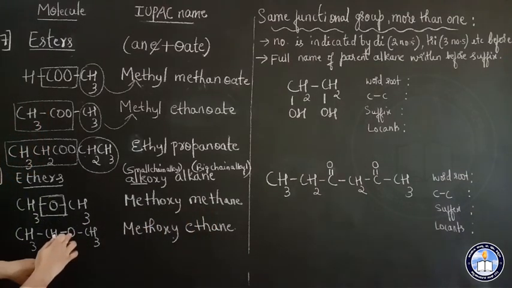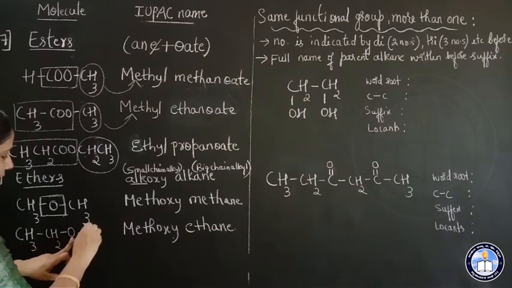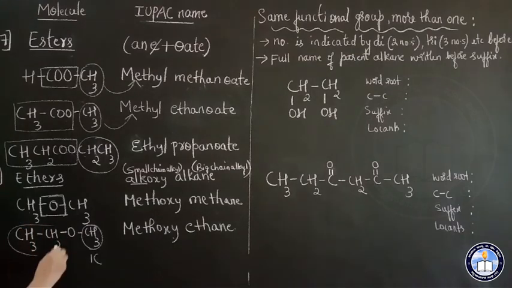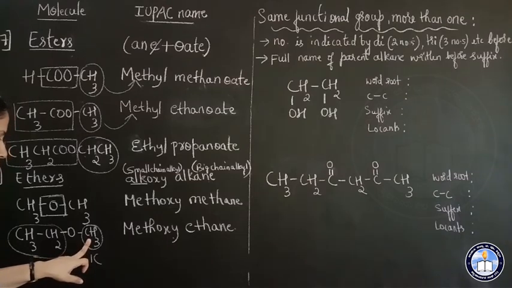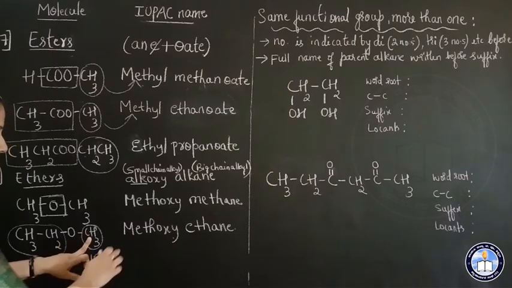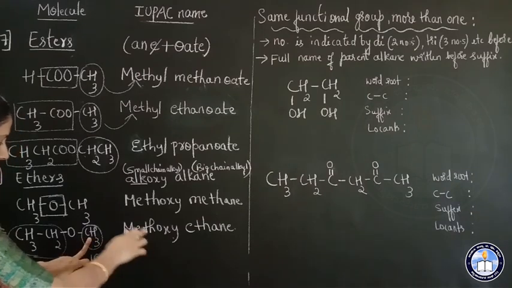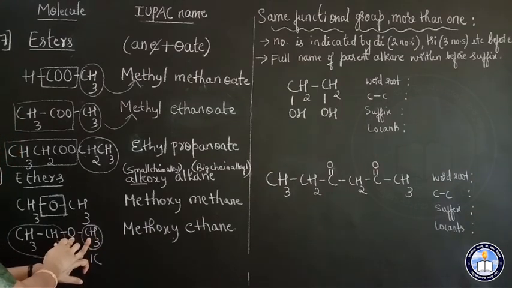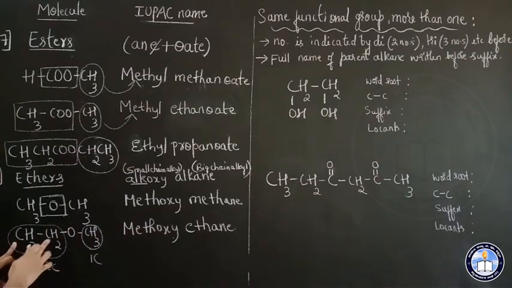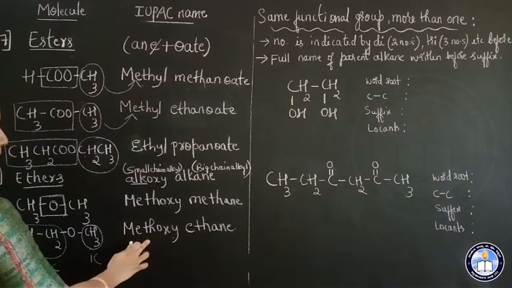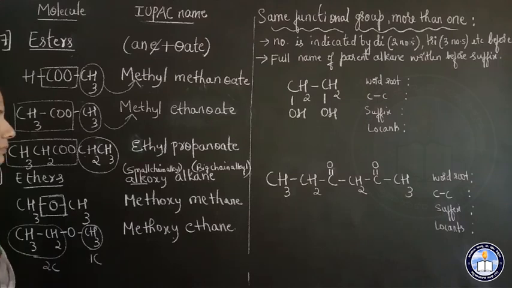Now in this, see here oxygen atom. Here only one carbon atom on the right side. And on the left side you have 2 carbon atoms. So this is the smaller chain of carbon atoms, smaller alkyl group. So the word root of this is, since one carbon atom, meth, then you join oxy, methoxy, then this is the bigger alkyl. So 2 carbon atoms, the alkane will be ethane, methoxyethane.